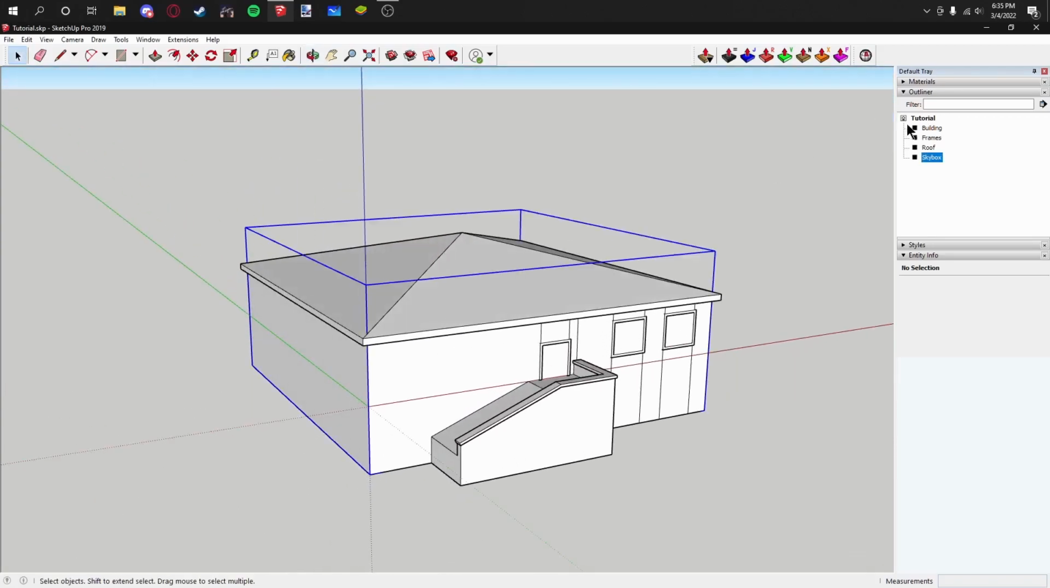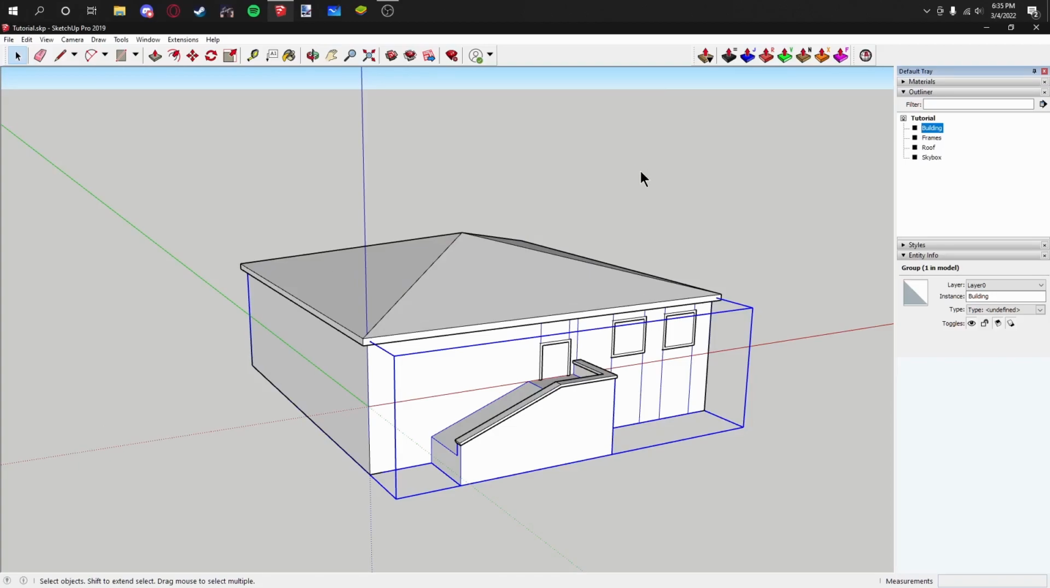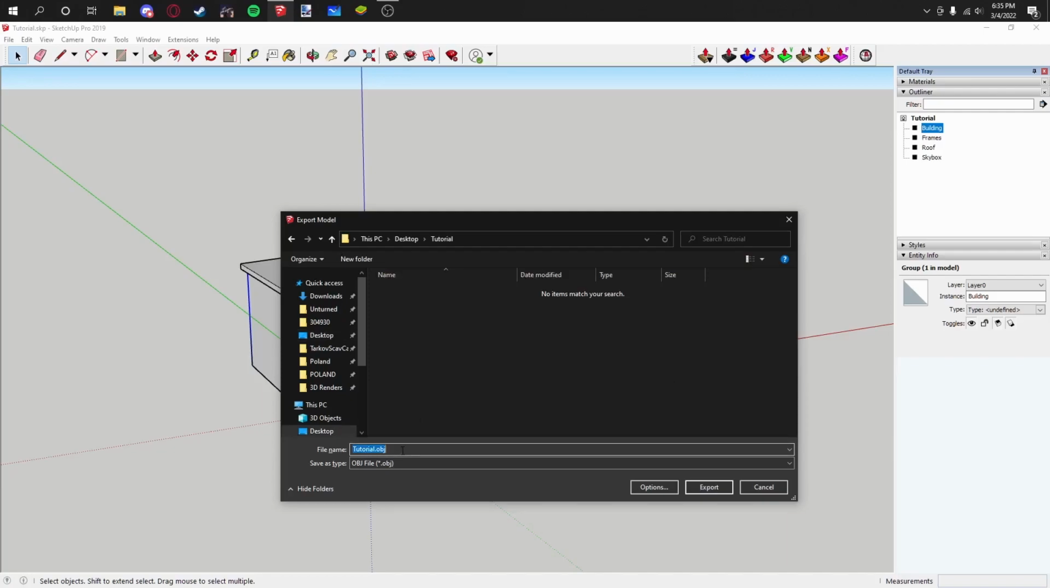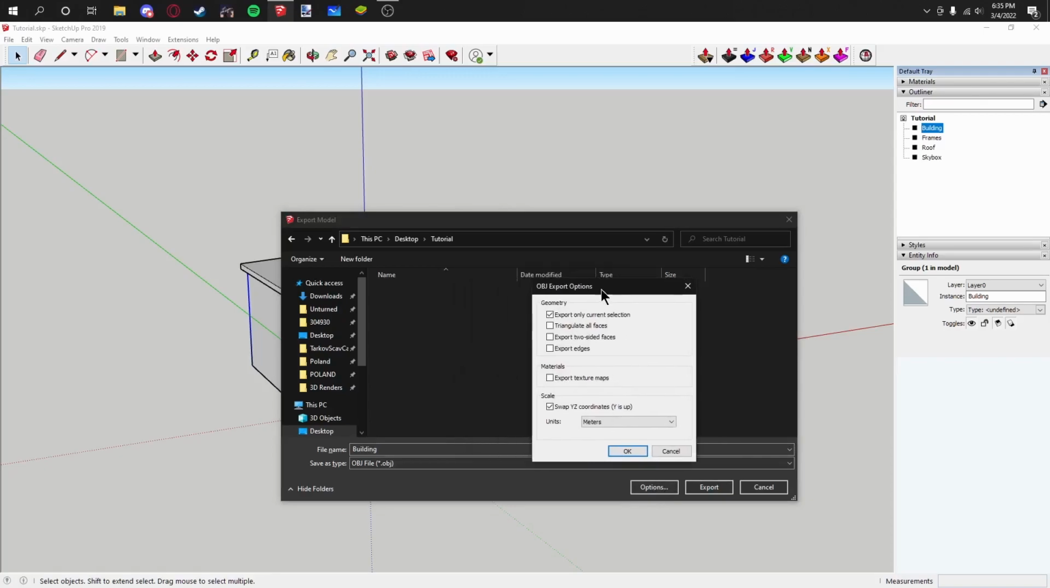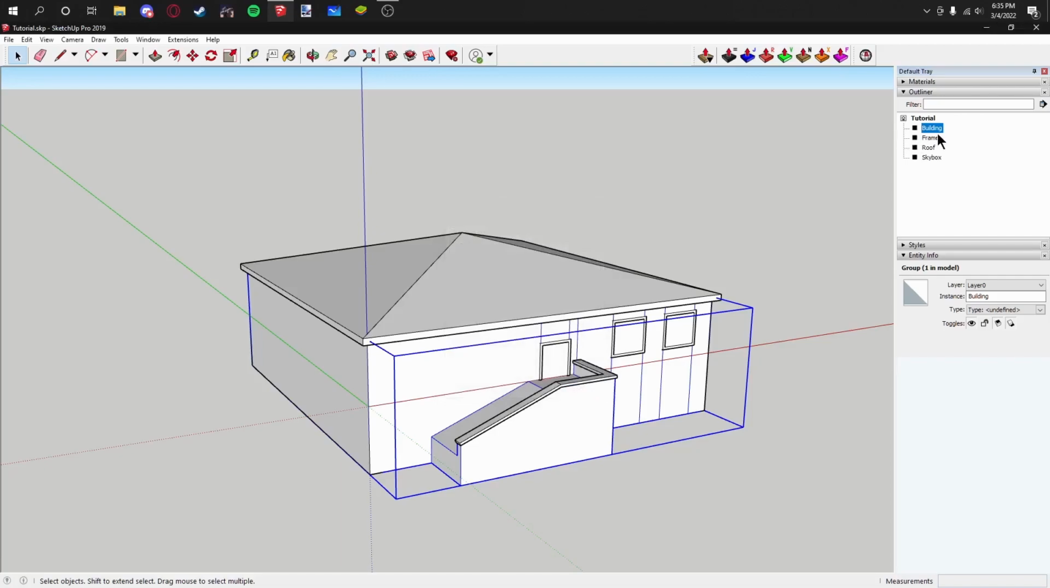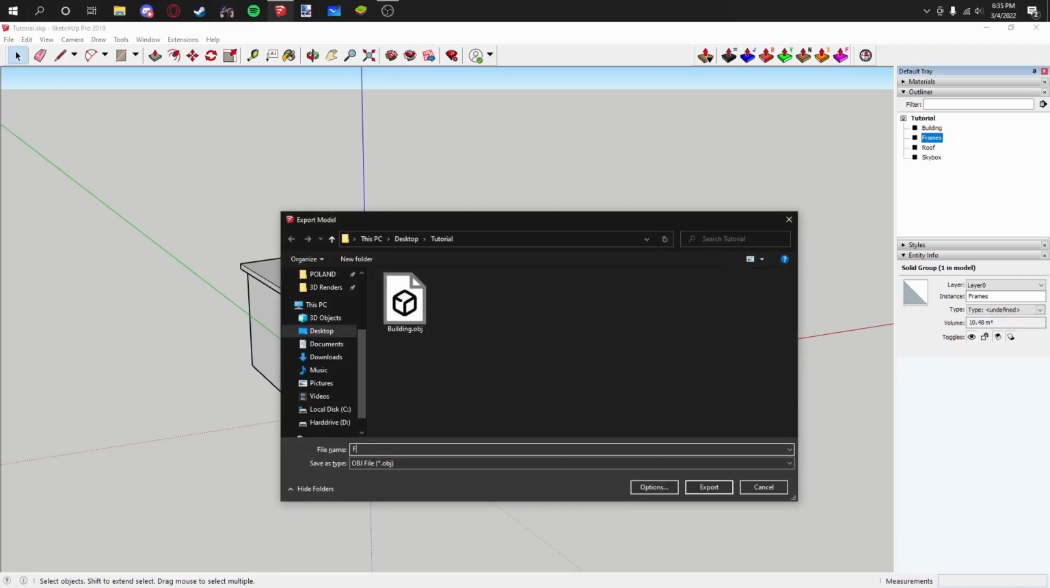So now we're going to select the first one here. Control E, and then I'm going to export this. The folder here. And I'm going to call this building. Options, make sure these are the options you have selected. Export only current selection and swap YZ coordinate. Units, meters. Make sure this is the same thing. Okay, export. Do this again with the frames,